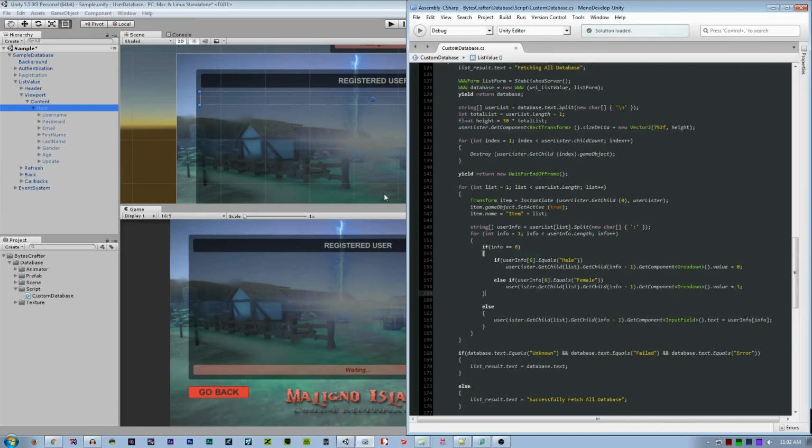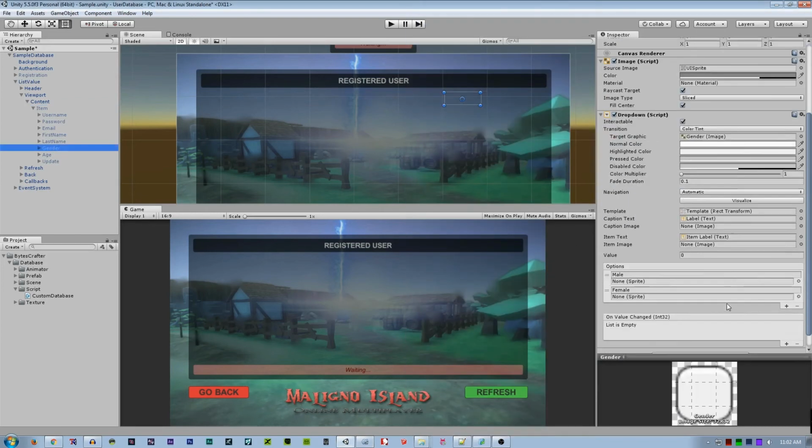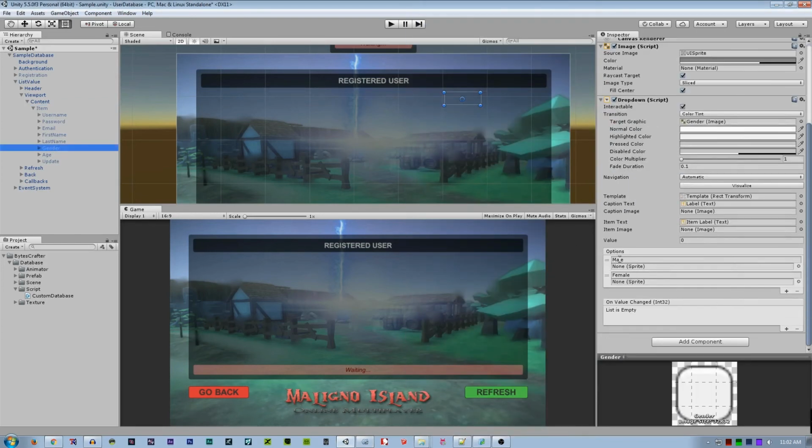The value of drop down of 0 is equal to male. It will automatically convert it to male drop down, and here it will automatically convert it to female drop down. As you can see here, I should demo you. Here value of 0 is male, value of 1 is female.